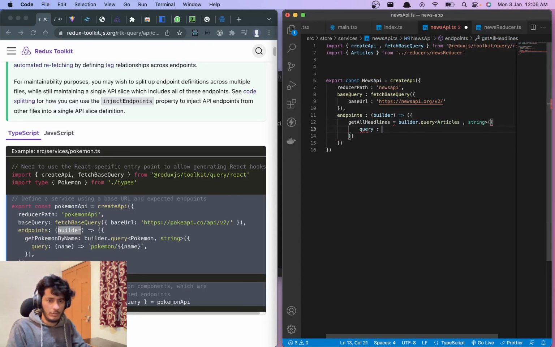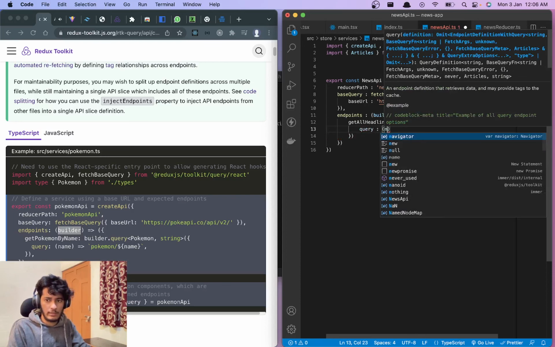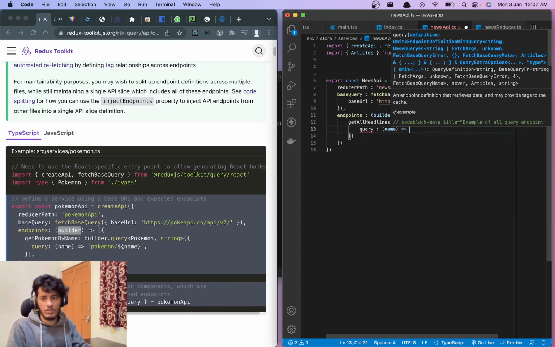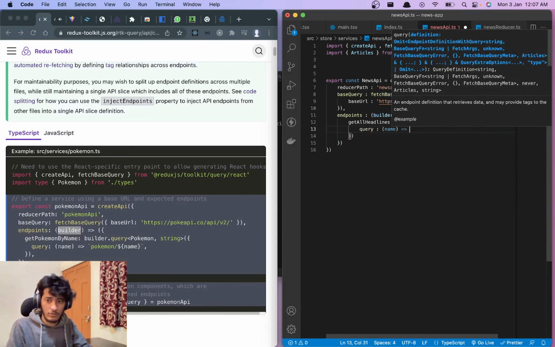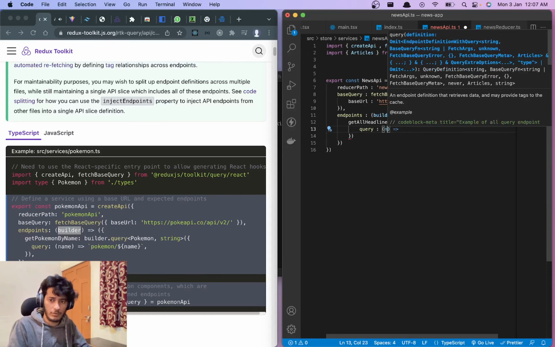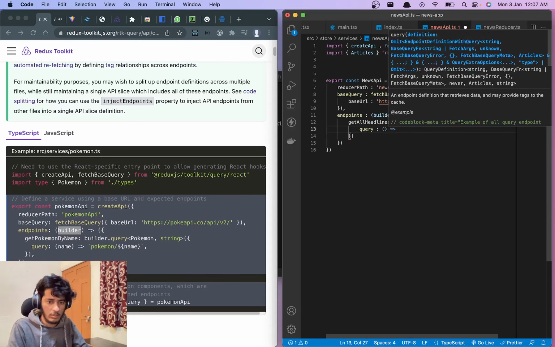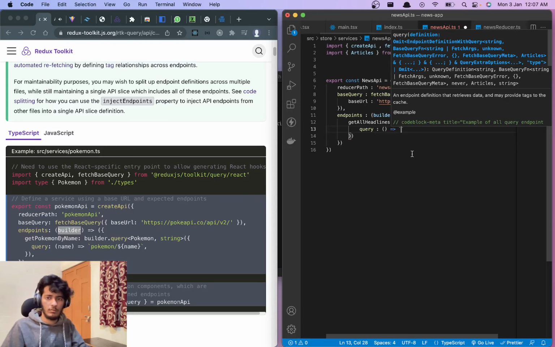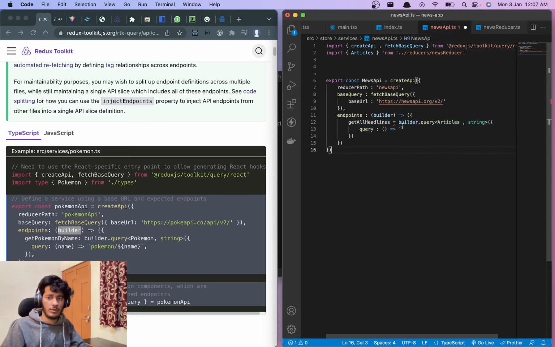So we have a query object, and then it has a name, right? This name is like the parameter which you want to receive. So let's say you don't want any parameter to receive, so we can just pass it empty, and then we can pass any string, right? Okay.